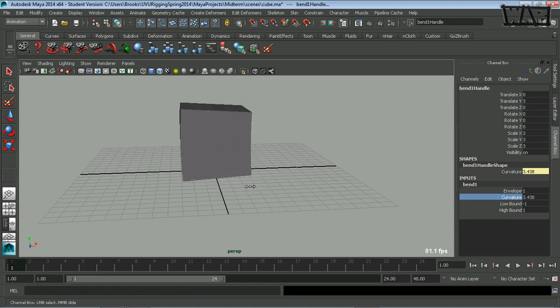Now, something to note is all these nonlinear deformers are going to have this high bound and low bound attributes. Now what those are, if I turn on X-ray mode, you can see the deformer in the center here. If I adjust this low bound, by default these are set to the height of the mesh so that it's placed in the center of the mesh, and then the low bound will